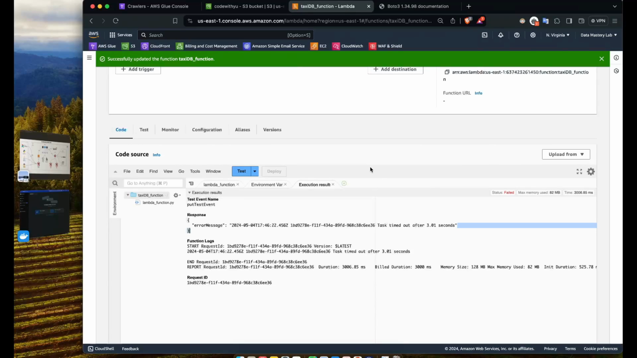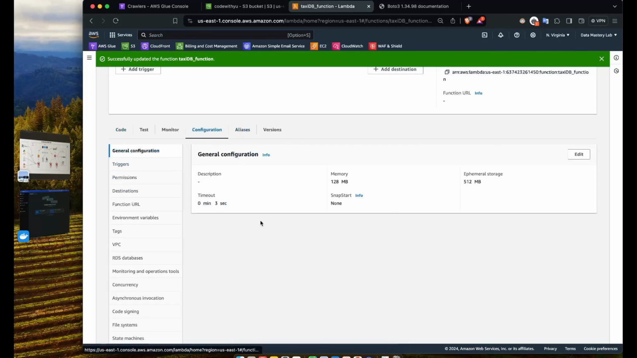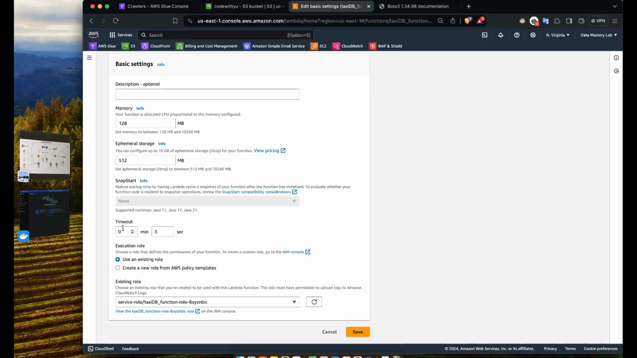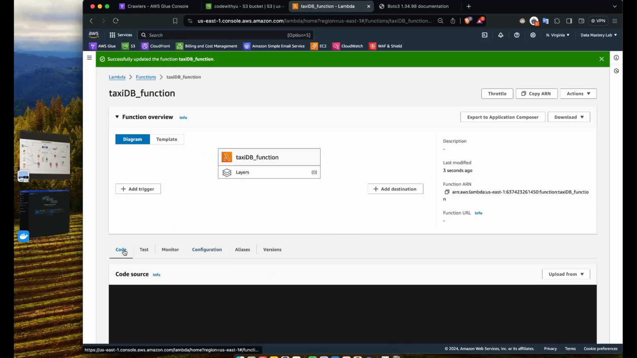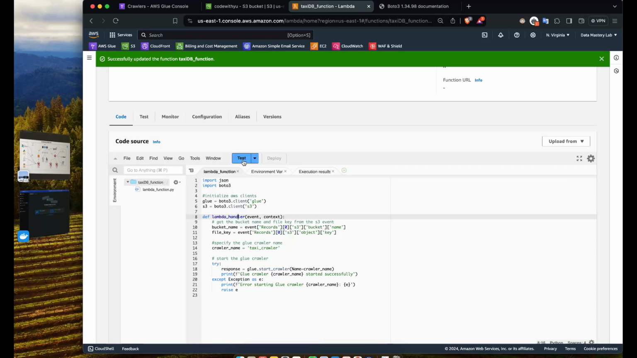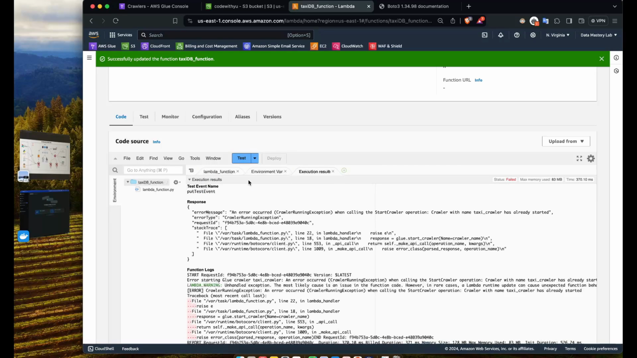So for you to fix that, you just need to extend the execution time. And the way to do that is to go back to the configuration here, and you see the timeout is here, in the general configuration, and I'll just increase this to 1 minute 0 seconds, and I'll save that. And I'll go back here, and in the Lambda function, I'll test this out again. Okay, so there's an error. It says